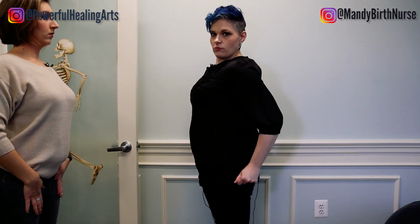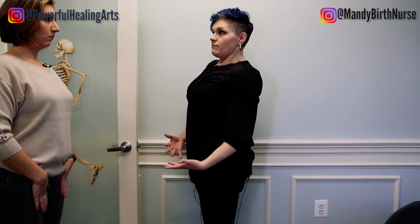Yes. Okay. So I also have a little bit of an anterior pelvic tilt where my butt tends to go out a little bit. So your low back makes a little bit of a curve outward, and your butt tends to be a little bit more outward. So what we have to do is try to strengthen the front and bring it forward instead of being out. So we want it forward, which is also going to be different because you have a baby here now. So it might be a lot of work and you don't want to strain anything,